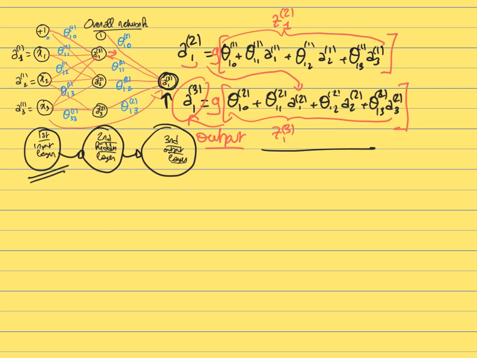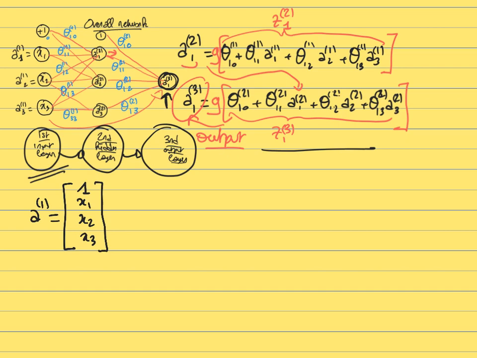In this case, we can define a series of vectors. For example, we can define a vector that contains the values of all the neurons of the first layer. In this case, this input is going to be the values of the features like x1, x2, and x3. And in addition to this, you are going to add the bias on top of it.